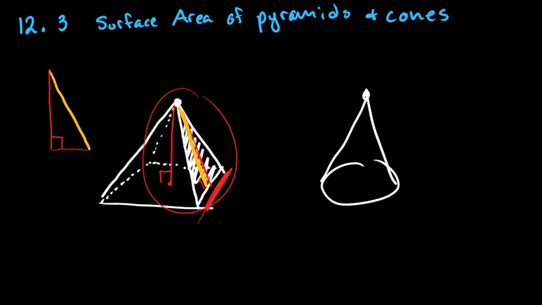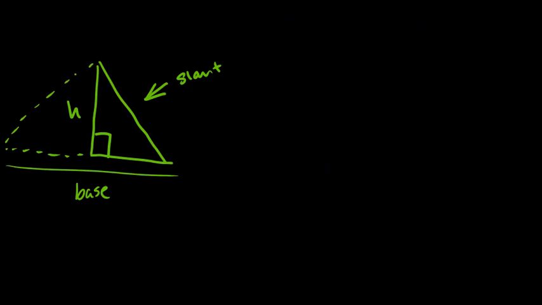So sometimes you're going to be given the height of the actual pyramid itself, when in order to find the surface area, we need what is called the slant height. We need the slant height in order to find the area of the surface. Alright, so let's look at a way in which we can find the slant height if we are just given the height. If I choose to go ahead and chop a pyramid right down the middle from the vertex down